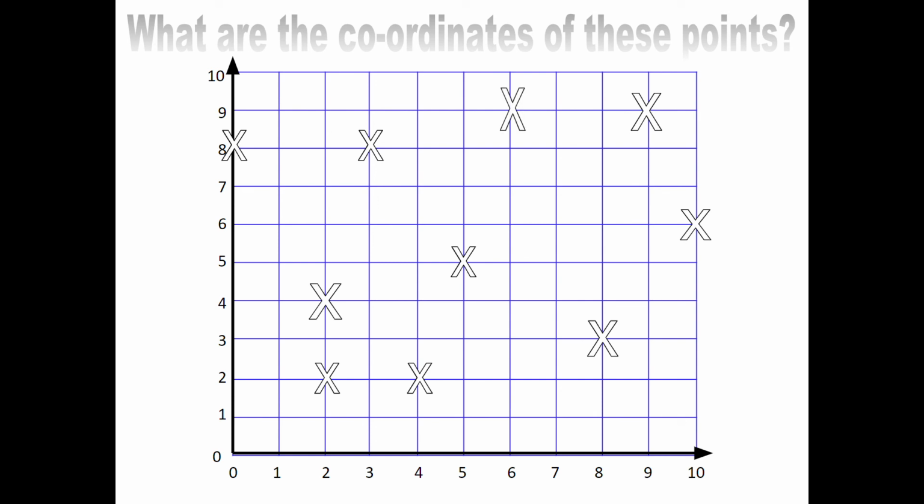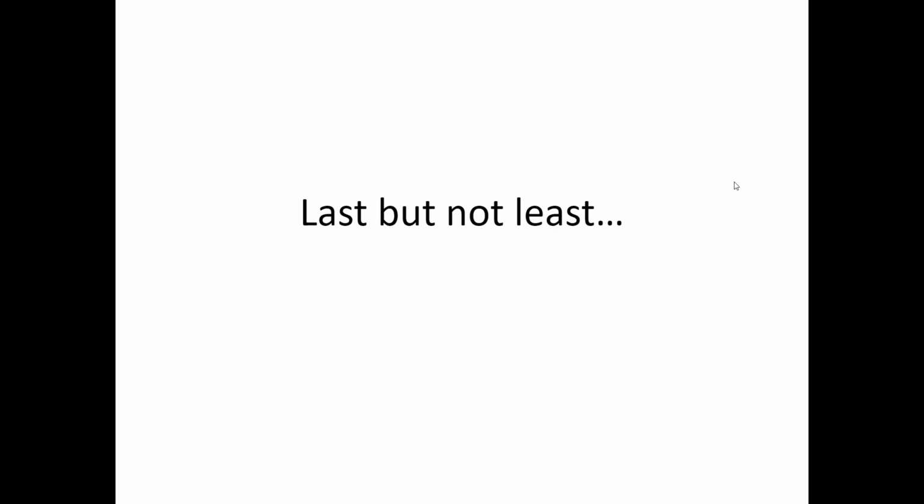And this one. You went over 6, you went up 9. So the ordered pair is 6, 9. Last but not least,